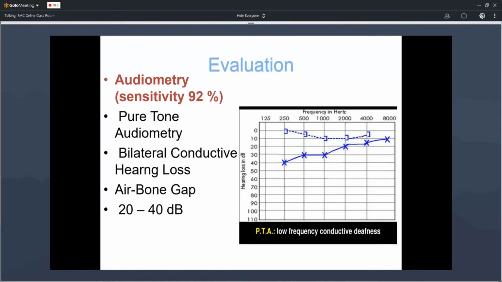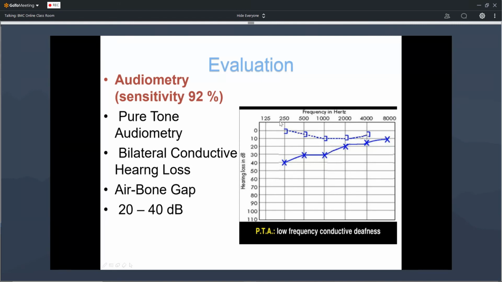So further evaluation you can do by using audiometry. So audiometric evaluation is very, very important to know the amount of hearing loss, the degree of hearing loss, and also the severity of the hearing loss. So there are 2 types of audiometry. One is pure tone audiometry. Second one is impedance audiometry. This is the graph of the pure tone audiometry. Here we give pure tones, that is single frequency tones, to the patient, then we will draw the graph.